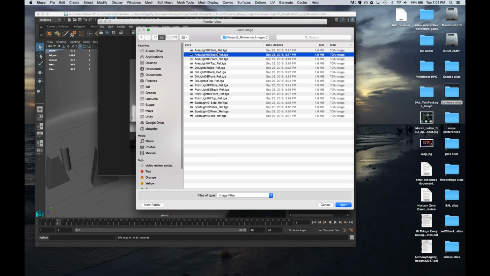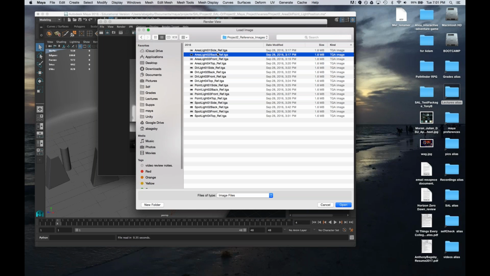So, which light do you guys want to see first? Area, directional, point, or spot? Actually, not spot, because we can't do it with this scene. Area, directional, or point. Jordan. Direction.